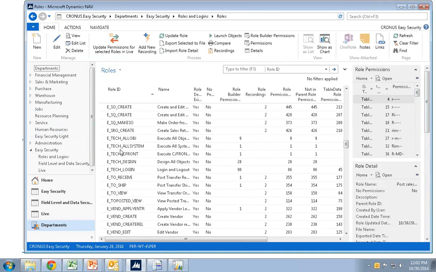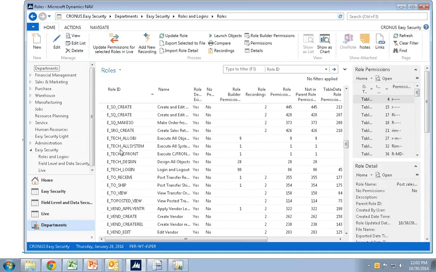If you just need to get the sales and receivable customer edit to work properly in your environment, the light product is probably what you're looking for at that time. And also a question about the light product. Can field level security be performed using the Easy Security Lite version? Nope, absolutely not. None of those features are in the light product. They only exist in the full version.